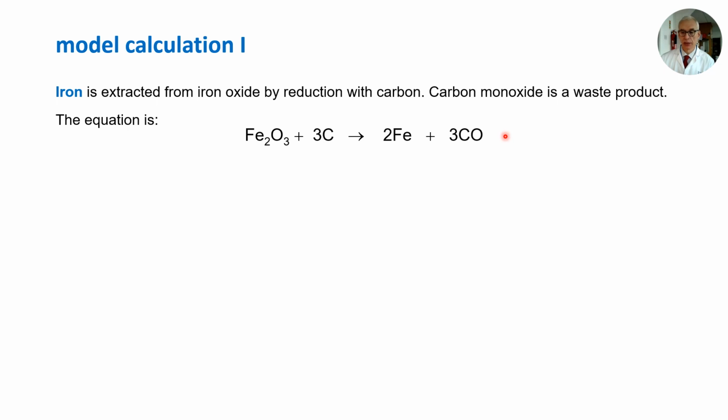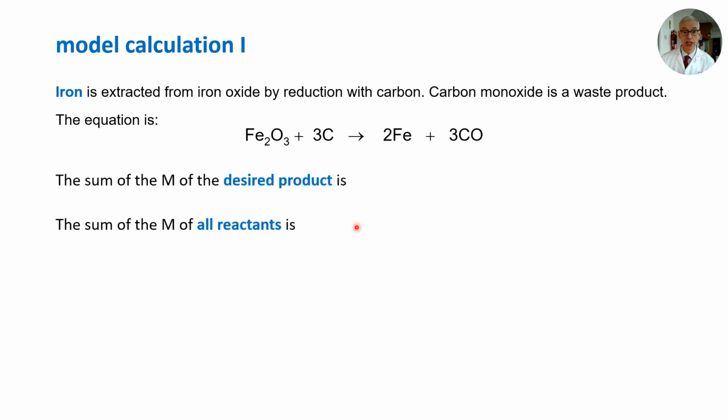So to calculate the percentage atom economy, we need to do two things. Initially, get the sum of the molar masses of the desired product and the sum of the molar masses of all of the reactants. Now, because we've got two irons, a mole ratio of 2 in the equation, we need to multiply the molar mass of iron by 2. So we include the multipliers in working out the sum of all of the desired product. Similarly, we've got 3 carbons, so we have